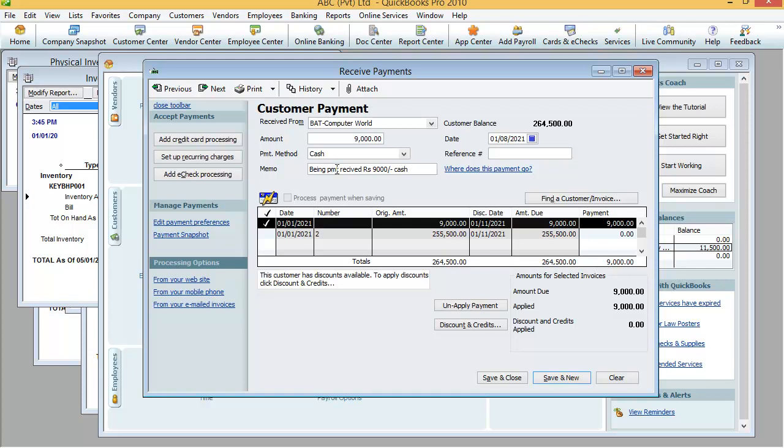Once you select this, you can notice in the amount bar the 9,000 rupees is updated. So for a cash collection from the customer we have done all the steps here, and after that we have to click save and close.